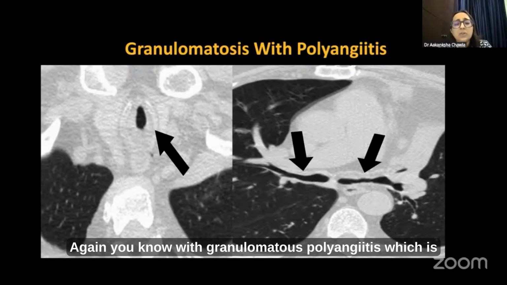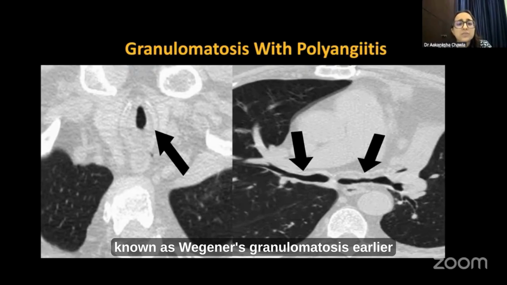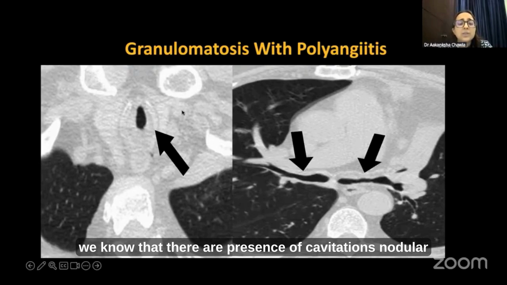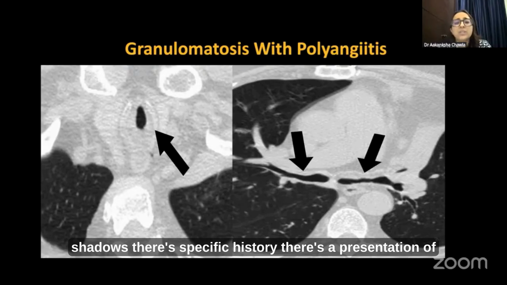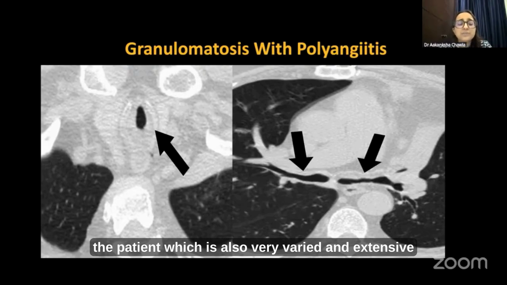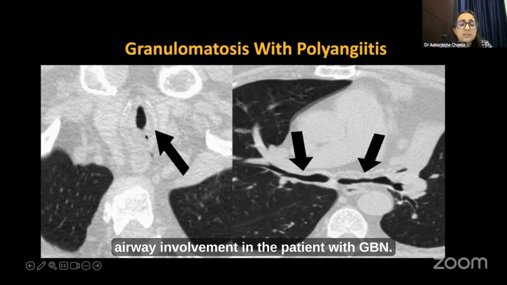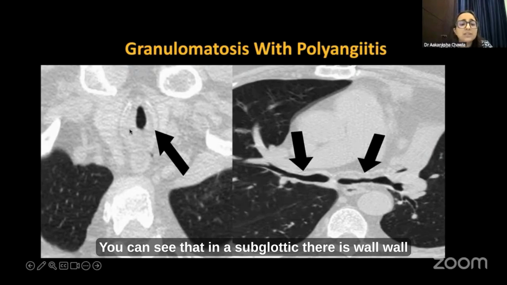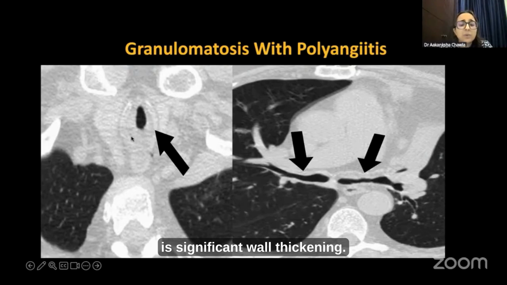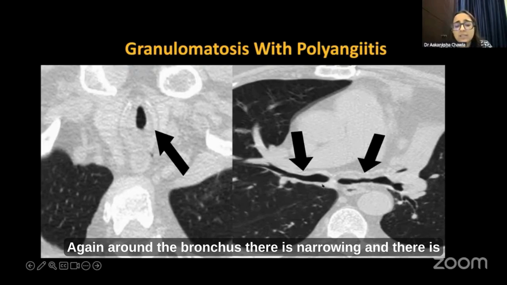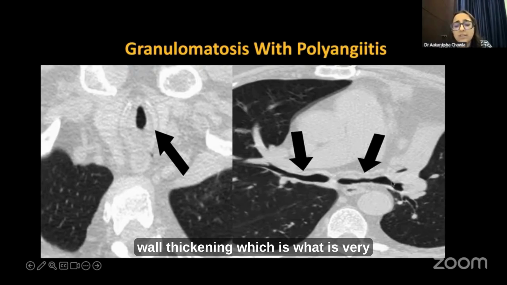Again, with granulomatosis with polyangiitis, which was known as Wegener's granulomatosis earlier, we know that there are cavitations and nodular shadows, there's a specific history, and the presentation of the patient is also very varied and extensive. But this was another airway involvement in a patient with GPA, and you can see that subglottic there is wall thickening. If you can appreciate, there is significant wall thickening. Again, around the bronchus, there is narrowing and wall thickening, which is very pertinent to the